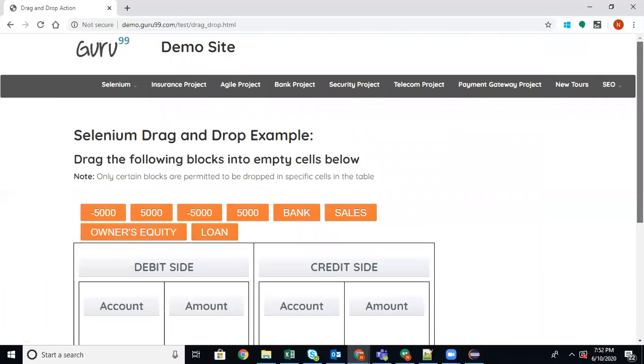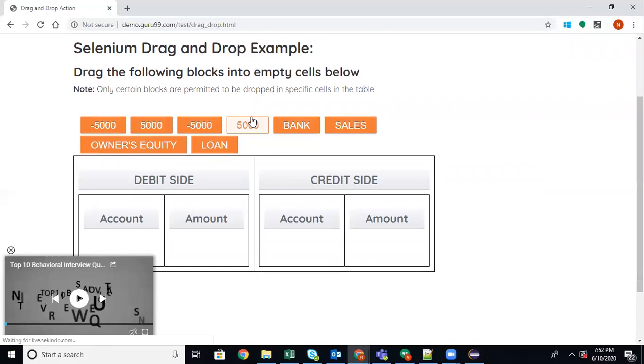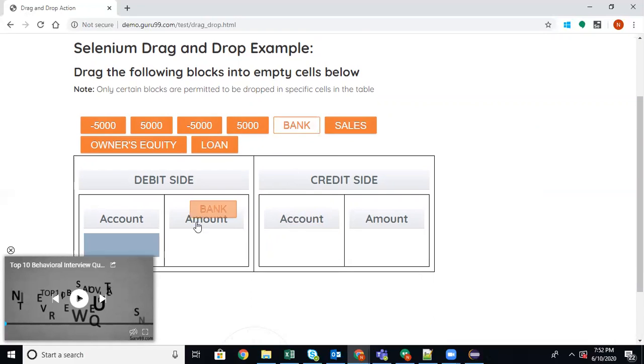And there will be one more thing called drag and drop. Now see, I'm dragging and dropping. This is also a kind of web element, you can drag and drop something.